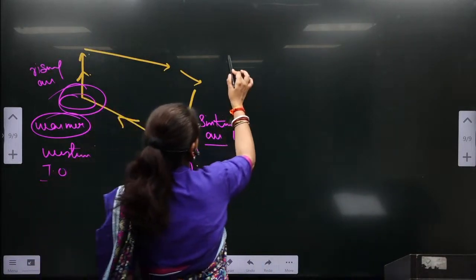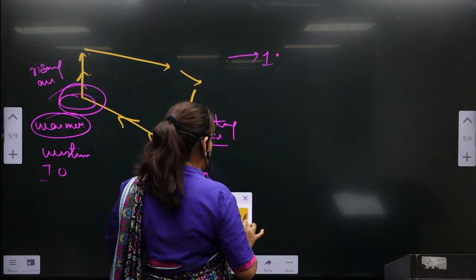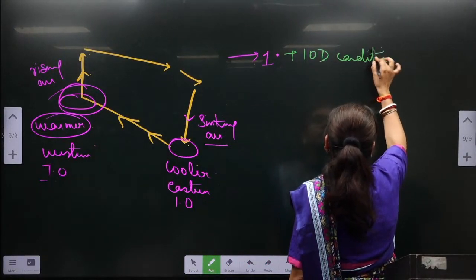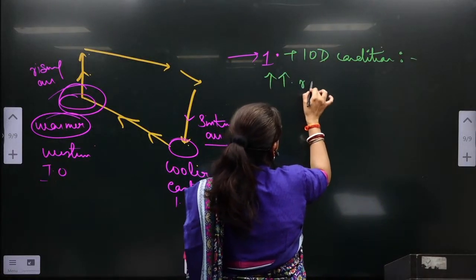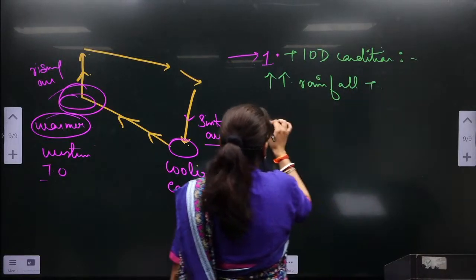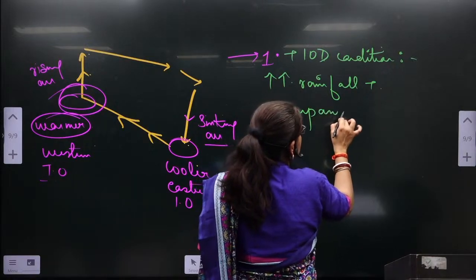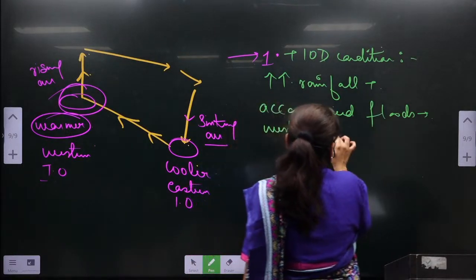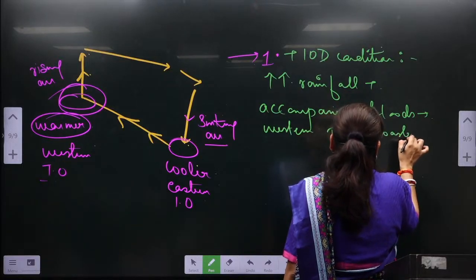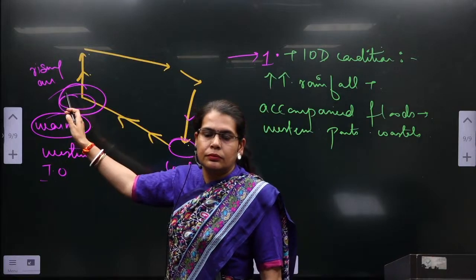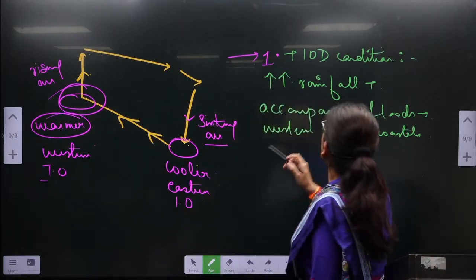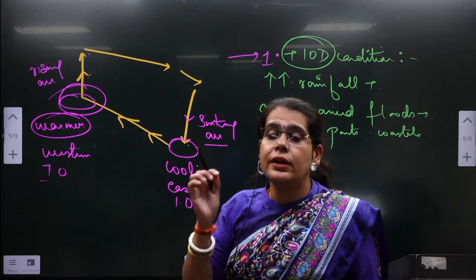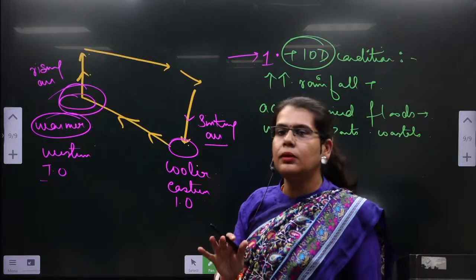Okay, so let's assume the first condition, that is there is a positive IOD condition. So heavy rainfall and also accompanied floods, especially across western coastal region. Ascending air, positive IOD. This is the positive IOD phase. Positive IOD phase. No, this is a positive IOD condition. Positive IOD phase. Okay. And secondly, very importantly,